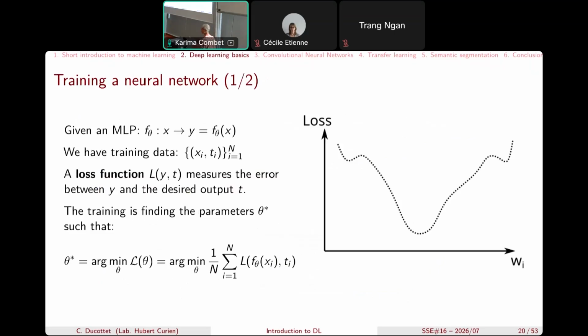So, in fact, what do we want? Recall that we want to solve a regression problem. So we have some training data with our X values and target values for a large number of data, n, let's say n couples of data. We have a loss function, which is able to compare the output of our function to the target labels that we have. And we want this loss to be low, so we